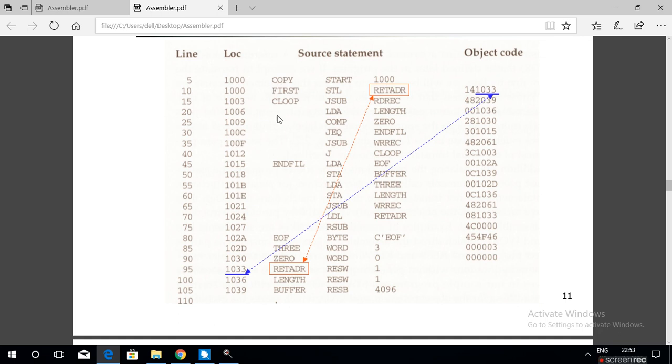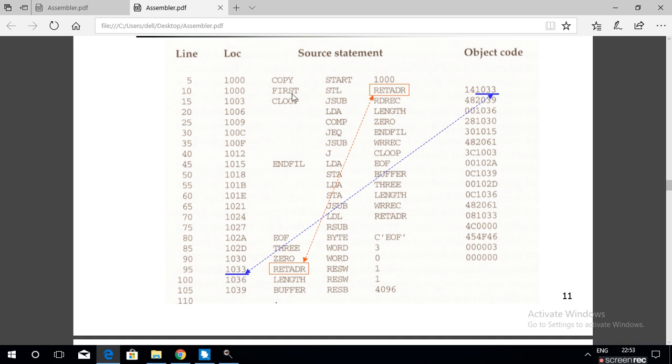The first column is the label field, the second column is the mnemonic opcode field, and the third column is the operand field. I repeat: the first field is the label field, the second field is the mnemonic opcode field, and the third field is the operand field.